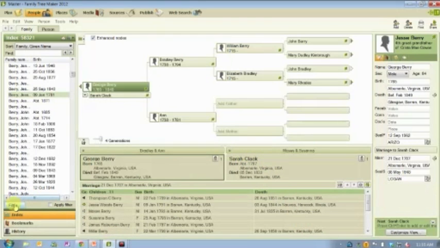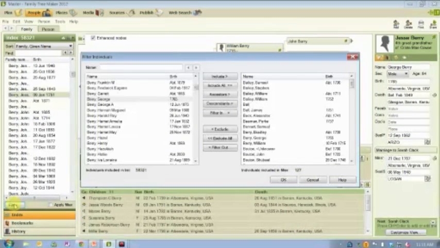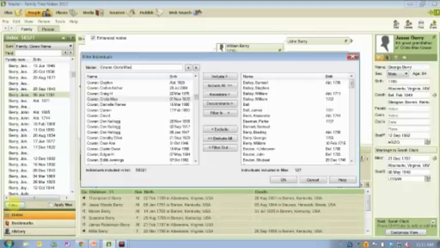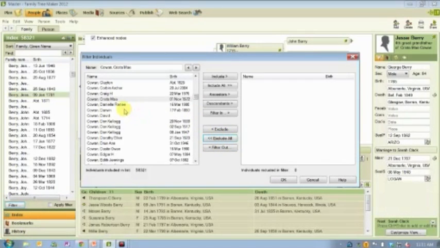Family Tree Maker has this fantastic filter option. As I'm typing here, if you're not viewing this presentation full screen, you might want to do that because it'll help a lot so that you can at least have some idea of what I'm doing, even if your screen's not terribly clear. And the clarity of your screen is dependent upon the bandwidth of your internet and how